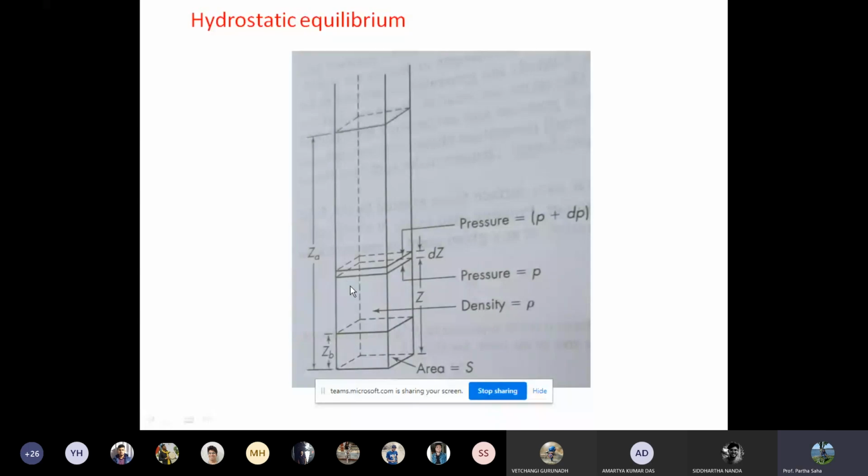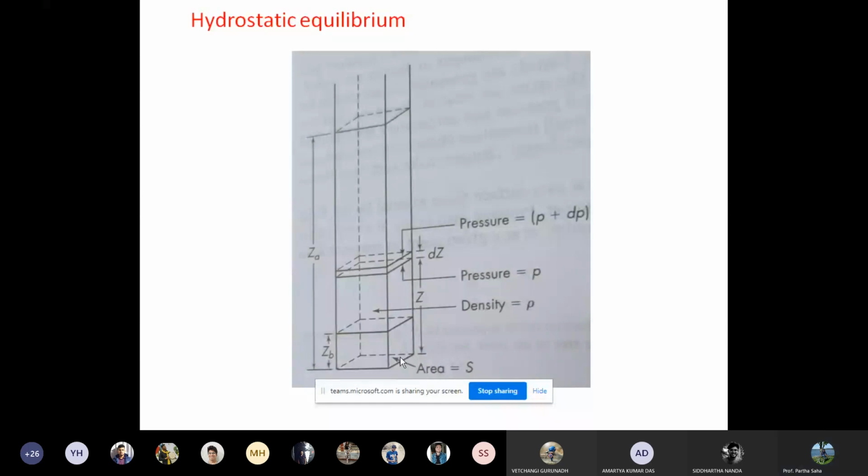So what are the forces acting on this liquid column? There are three forces. The most important force is the height of the liquid, or the pressure head, right? In any static liquid, like the overhead tank in our home, that tank has some water, and that water has some pressure head. That's why if you open the tap, water from the rooftop comes to your room. So that is the pressure head. Due to the pressure head, the water flows in the downward direction.